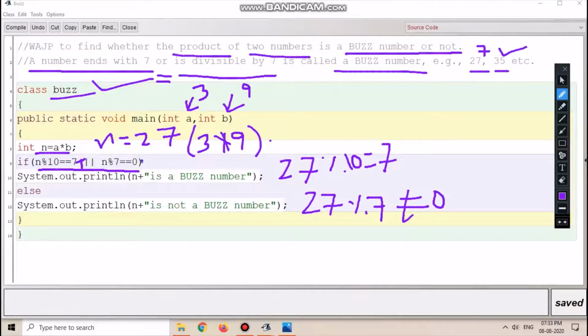So this becomes false. So true or false will give you true. So the control will come over here and it will never reach this part. So it will print 27 is a Buzz number. Now I'll check this.